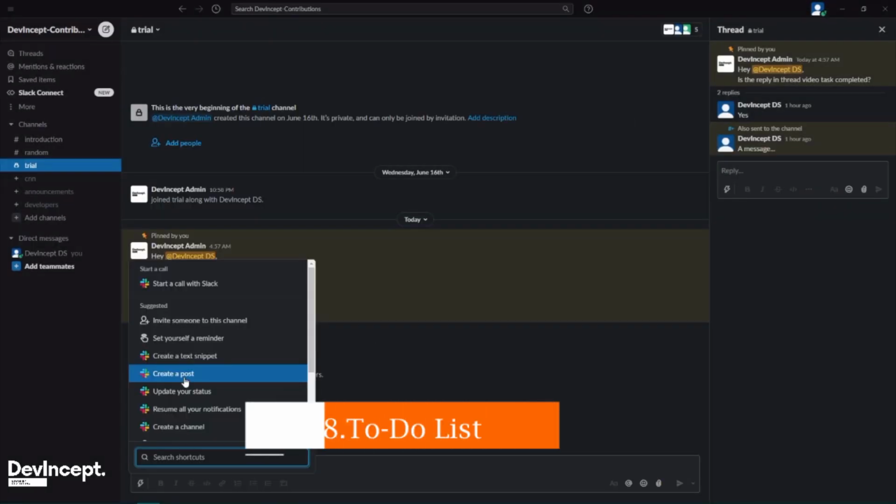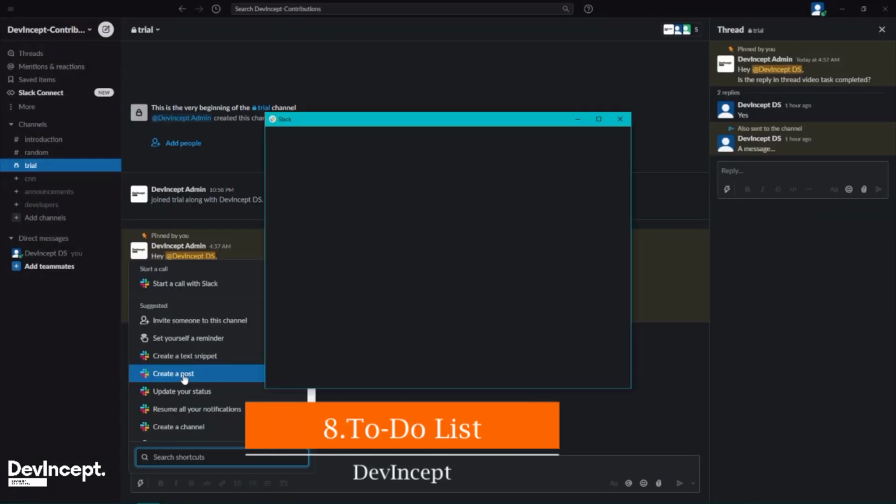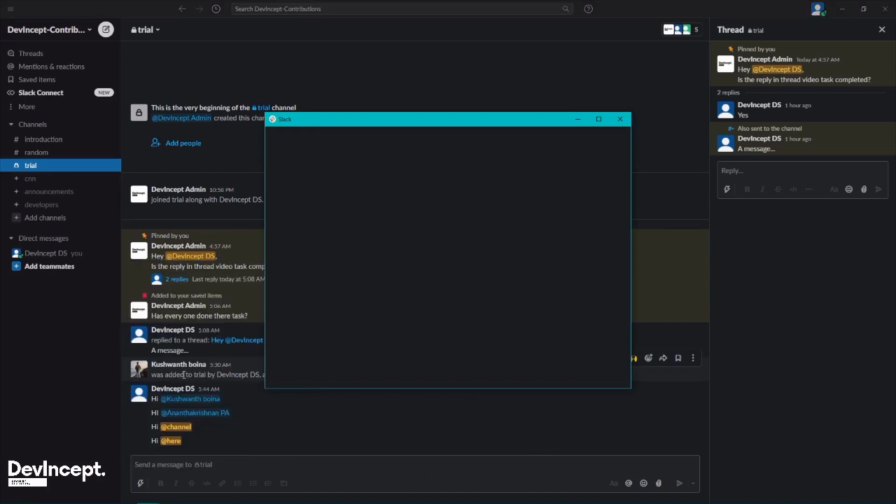Talking about create a post, what we'll do in the post is we'll try to build a to-do list. So normally when you share messages or pin messages, you just give the information to the other members. But in a to-do list, when you give information, there is also an option for the other members to react to it. Okay, so now you can see here's a title.